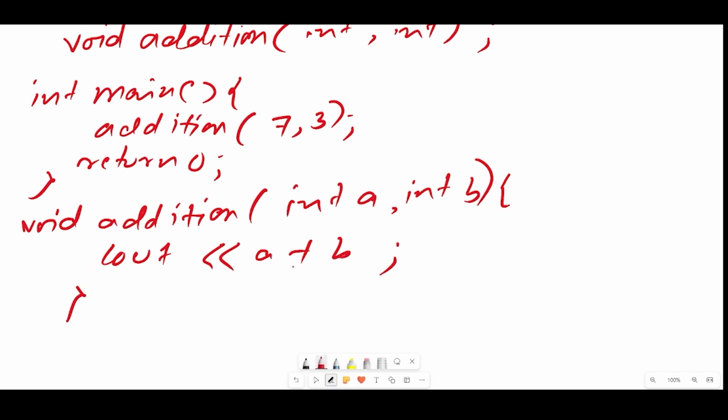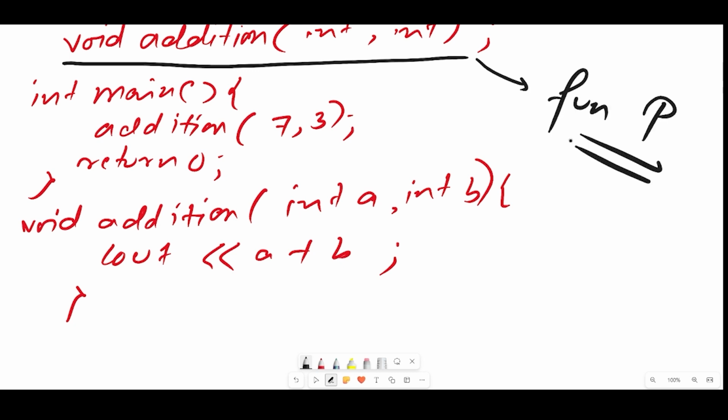Now over here, if you see, the compiler has the information that here we have using functions and its parameters. Now here, if you see this particular line, this is the function prototype. So here, as you can see, we can use the code to call the function before the function has been defined. We're calling the function here, but we're defining it afterwards. So that means using a function prototype, which is this one, I can call the function before I'm defining that particular function. Now let's understand this with a program so that you can understand it much better.